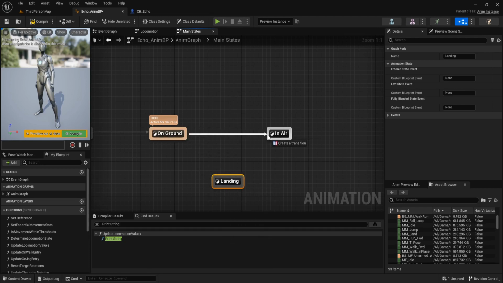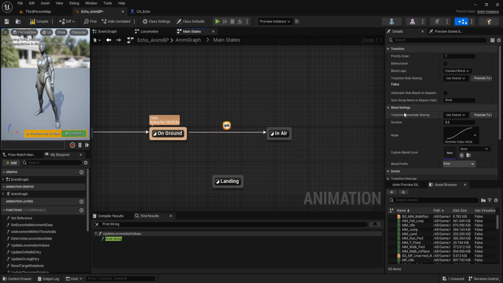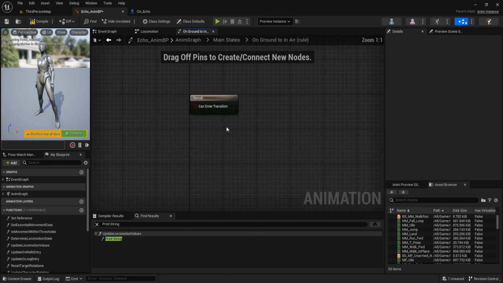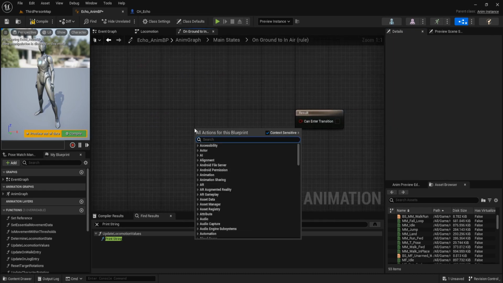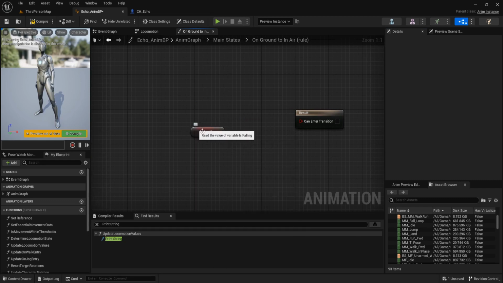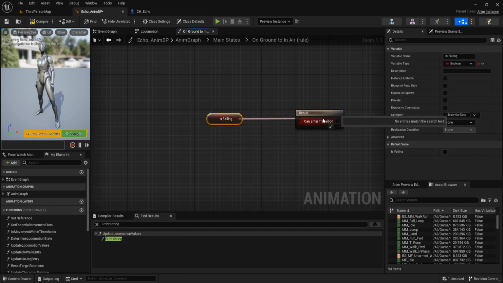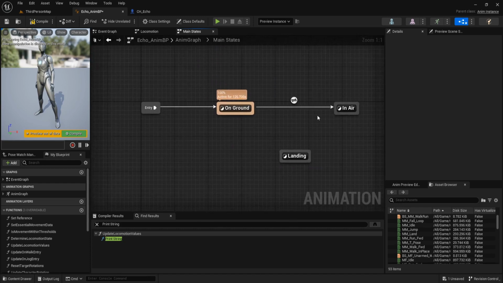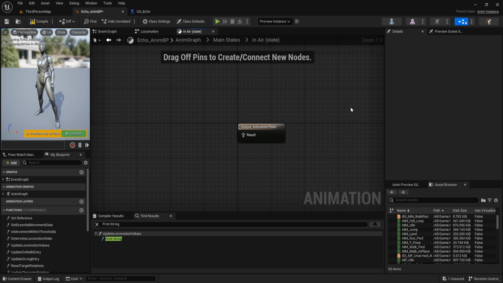When it's on ground to in air, this transition, the duration is 0.4, and double click, get is falling. Open this in air state.